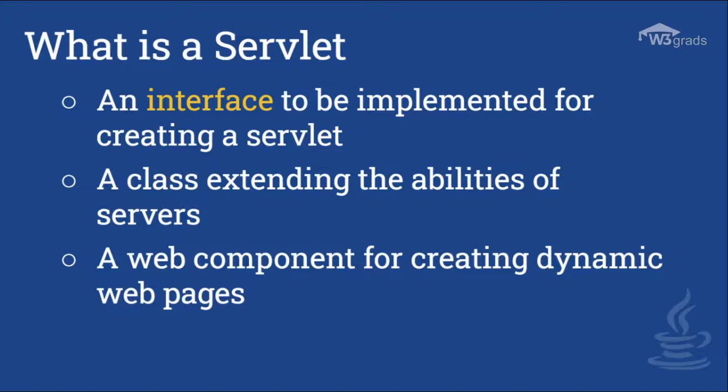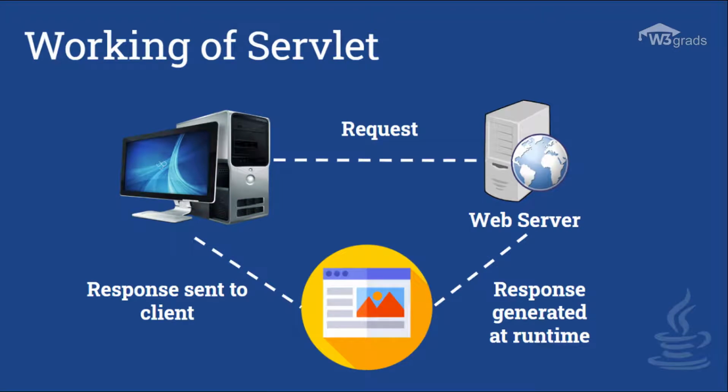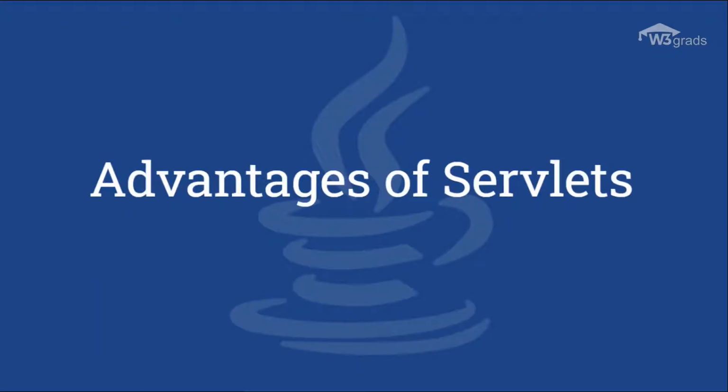Now that we know about the servlet, we can quickly see how it works. The following image demonstrates the working of a servlet. Here, we have a computer connected to the internet. This is called a client machine or a client. The user opens the web browser on this machine, types a website and then presses enter. Immediately, a request to access that web application is sent from the client to the web server on which the web application is deployed. Now, the server generates a response, and after analyzing it, the web server sends the response to the client, which is seen on the browser in the form of web pages. Let us now proceed to know about the advantages of servlets.